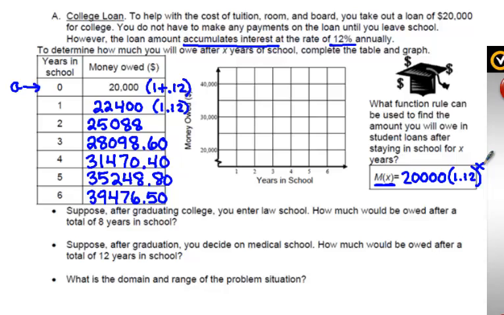to the x power. And if we graph that, it's going to be like right here, 1 and 22,400, it's about halfway. 2 and 25, it's about right here. 3 and 28, somewhere about right there. 4 and 31, oh man, that's about right here. Okay. 35 with 5, that's about right here. 39, 4, that's real close to 40. And so it